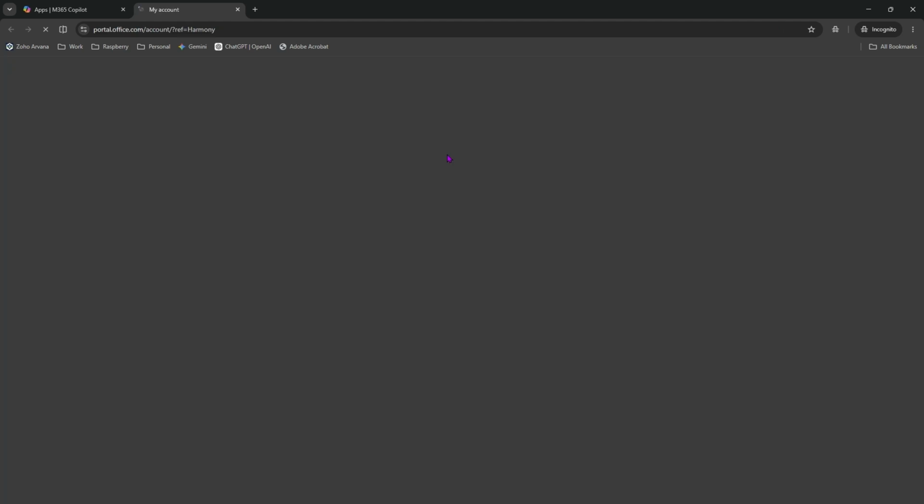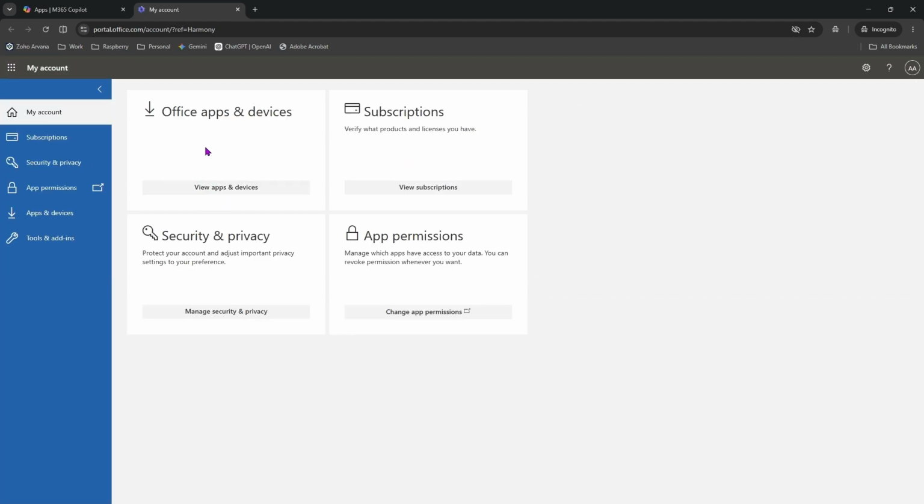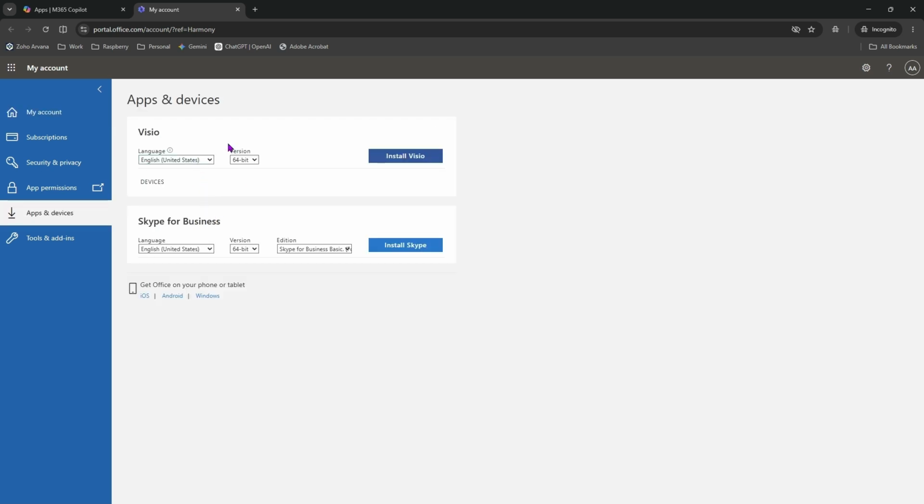This next step is where it gets a bit confusing because here you'll typically see a download or install option, but what you need to click on is View Apps and Devices. And here you will then see, in this instance, Visio. You might also see Projects or Office 365. Then you just click on Install Visio,